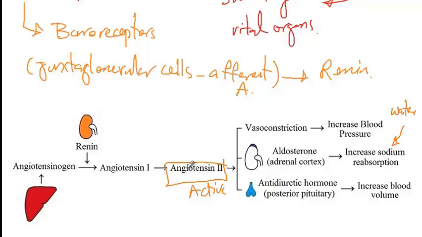And then finally, angiotensin 2 activates secretion of antidiuretic hormone from the posterior pituitary gland in order to increase blood volume. And this hormone acts on collecting ducts in order to increase the number of aquaporin channels so that more water could get reabsorbed. So just recall, the baroreceptors responded to low stretch, or in other words, low blood pressure,